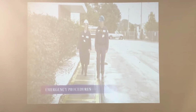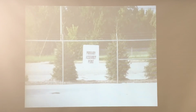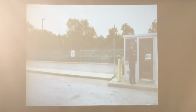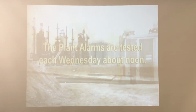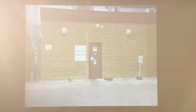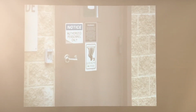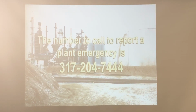In the event of a plant emergency, stay with your host, who will ensure your safety. The primary assembly area is in front of the scale. The secondary assembly point is east of the security shack. The plant alarms are tested each Wednesday about noon. In the event of severe weather, your host will direct you to the nearest severe weather shelter until the danger has passed. The number to call to report a plant emergency is